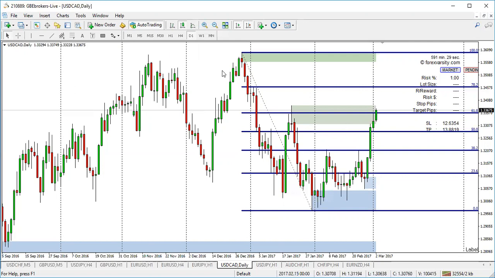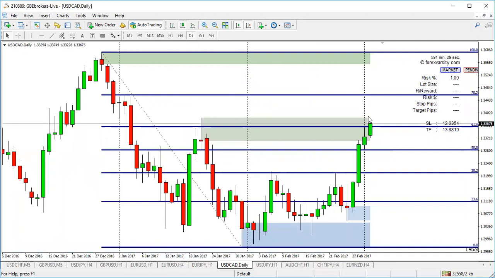Now, the key level we'll be focusing on today is the 61.8, which generally means that if an asset moves from this point down to here and has a full 100% extension, generally when it retraces to the 61.8 level,